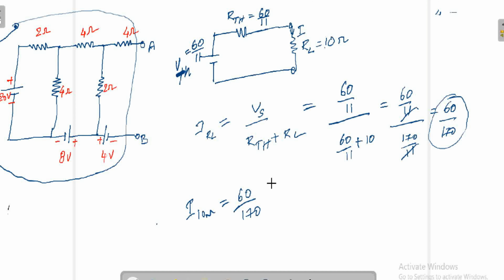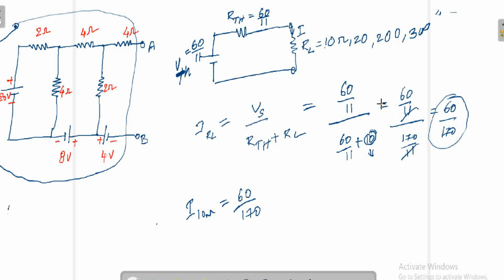Here we are replacing the load resistance from 8 ohms to 10 ohms. Did I start from the beginning? No. Just by using this formula, I got the result. If I want to find it for 20 ohms, I can easily find it, just replacing the 10 with 20. If I want 200 ohms, just replace this 10 with 200. If I want 300 ohms, just replace this 10 with 300 ohms.